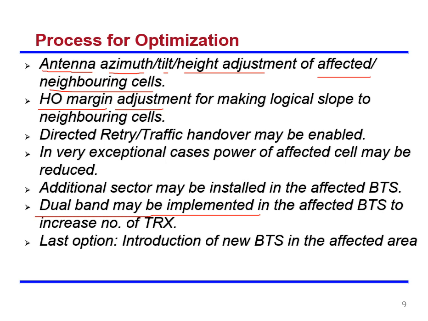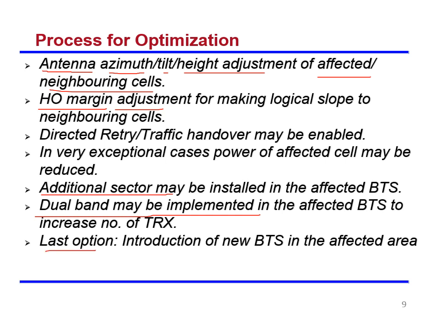Okay. Suppose if you have an additional sector and infrastructure is there, you can also go for a new sector. If you go for a new sector, a new cell will be established, and again a frequency plan should be done, and more cells will be established. When more cells are there, more capacity will be there. Obviously, if you keep a new antenna, it will establish a new sector. With a new sector, there are more cells, and more cells means more capacity. So the congestion will be reduced.